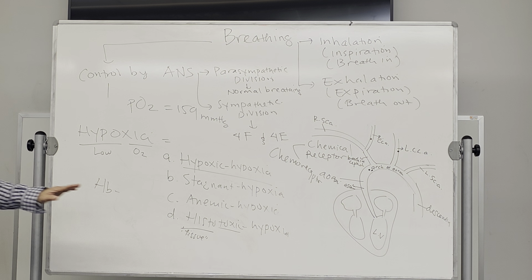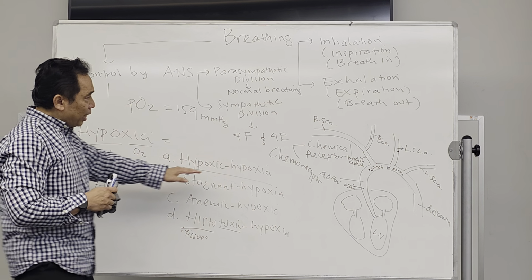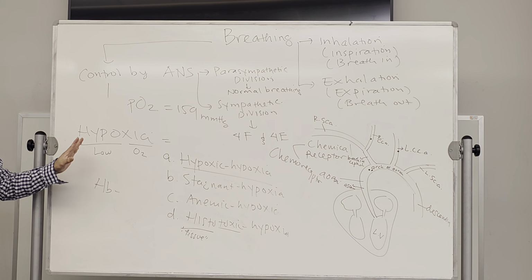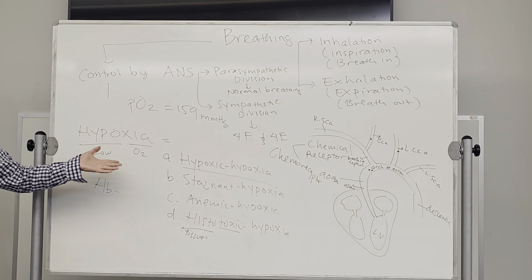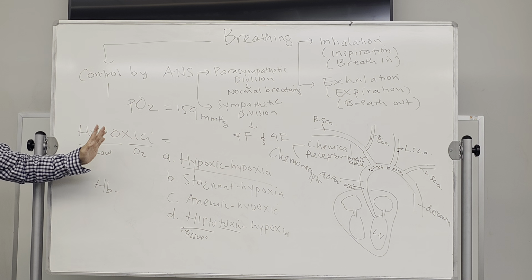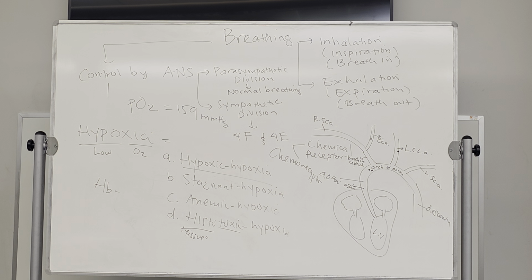This is what we call the histotoxic hypoxia. And this, again, will be sensed by the chemoreceptor. So the chemoreceptor will tell us, well, we have hypoxia, then we have to do something. If we don't do this, or cannot solve this problem, most of the time they will die. Okay? Like for example, I mentioned before, many climbers can get killed because of the hypoxia. Okay? So do you have any questions for this condition? It's called the hypoxia. Okay? If not, then we go to the second stage of,